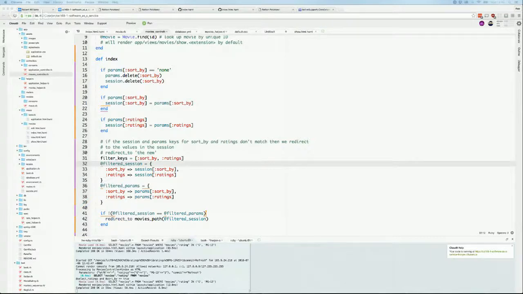Just 1 second. Okay, I just stopped the sharing of my screen. If I stop, I won't break our